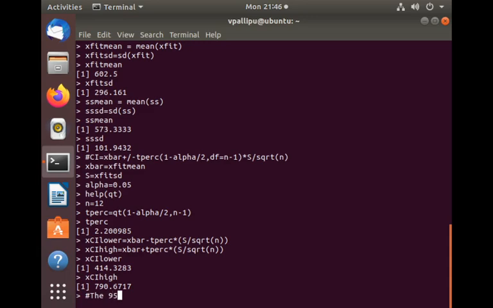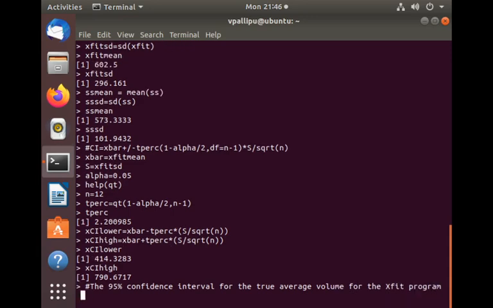The 95% confidence interval for the true average volume for the CrossFit program is 404.32 to